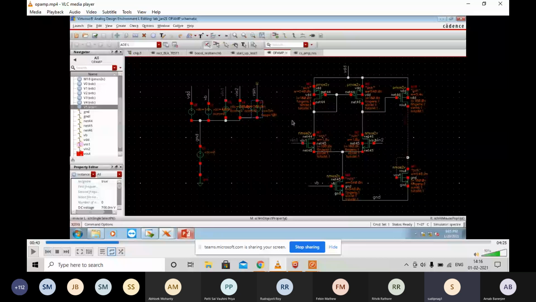Okay, and so Arnab, can you please briefly explain which part is the differential amplifier, which part is the output stage, the common source? Sure. This section is the differential amplifier. So you have two inputs and a single-ended output. So the output is a single output, and we have two inputs. And this part is the common source amplifier.